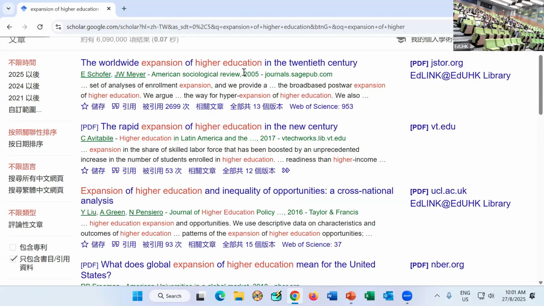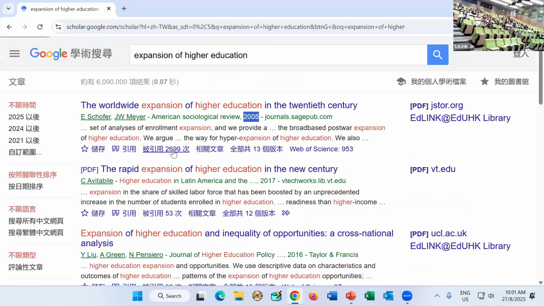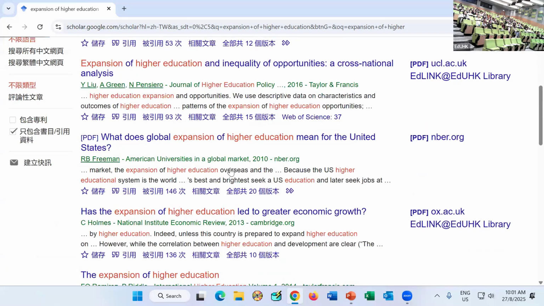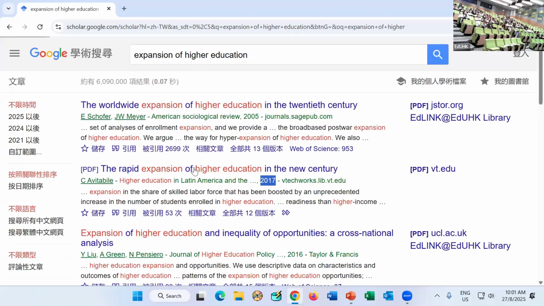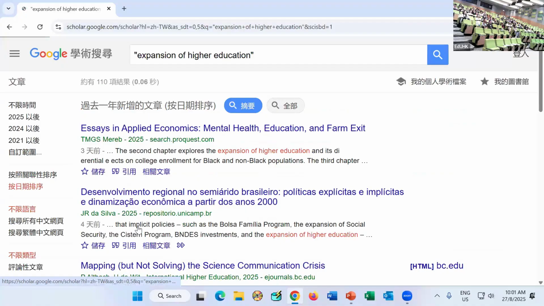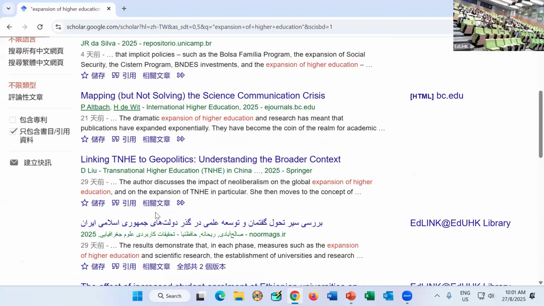But you also need to check the year of publication. So likely this article was published in 2005. And so it makes sense that it's cited more times than an article published in 2017, right? And of course, not every article published in 2005 would get that many citations. So it's still something that we can look at. And then we can, of course, arrange the articles chronologically. Then you can see 2025, no one cited, or at least it's not indexed.